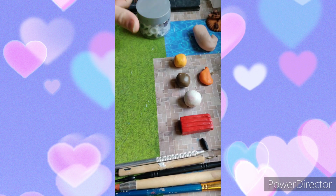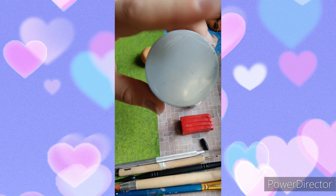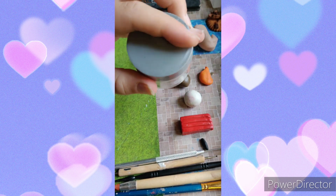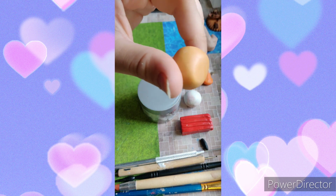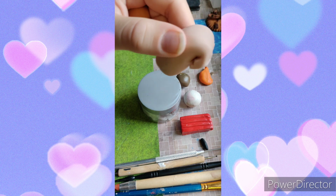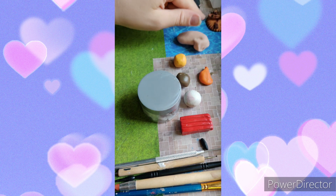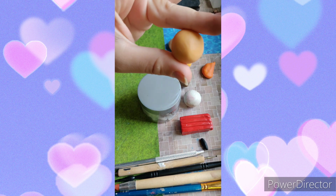First we're going to start with the biscuit. I use this little container. Actually, you can use whichever circle you want to use, but I find this best to make my biscuit on. This is the color I'm going to start with as the base. This is my beige skin color tan and then a little bit of orange together, and I mix that up. So then I'm going to round this up